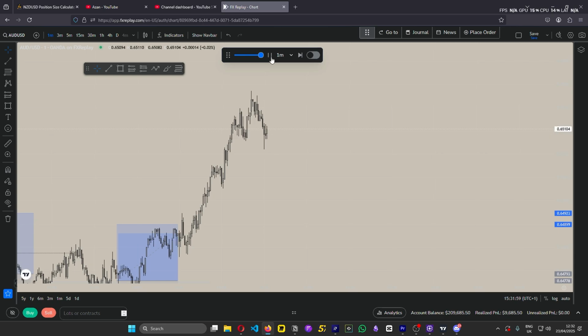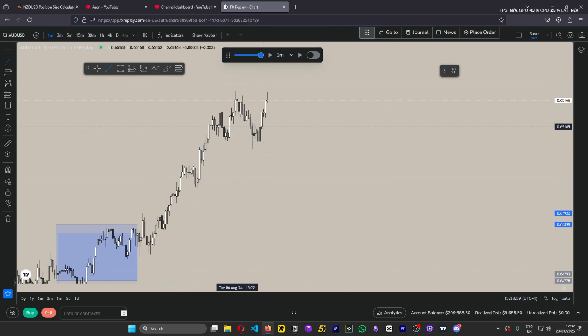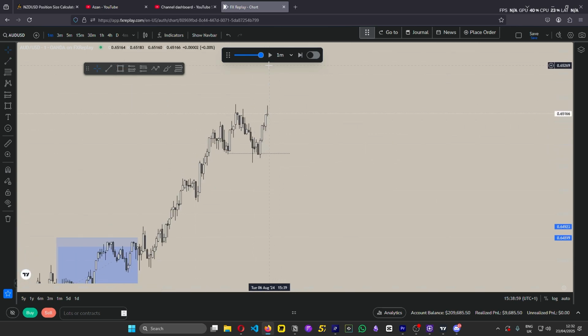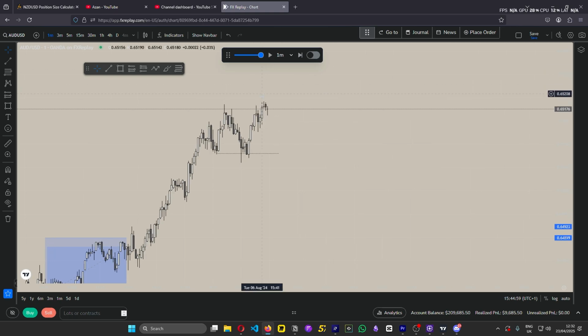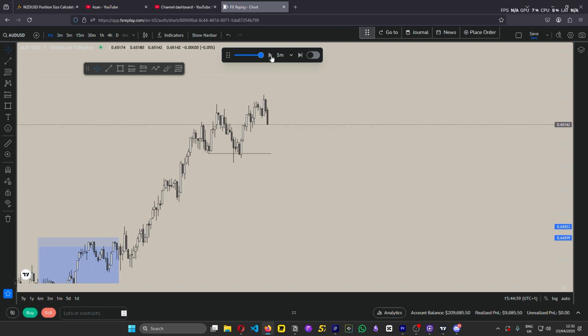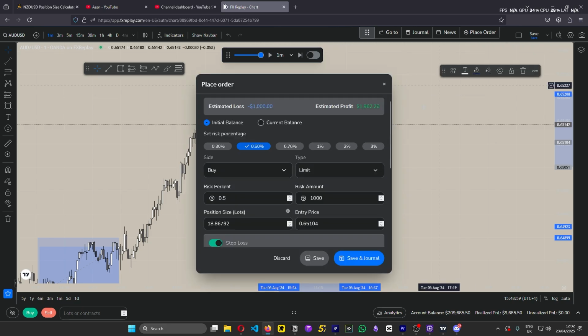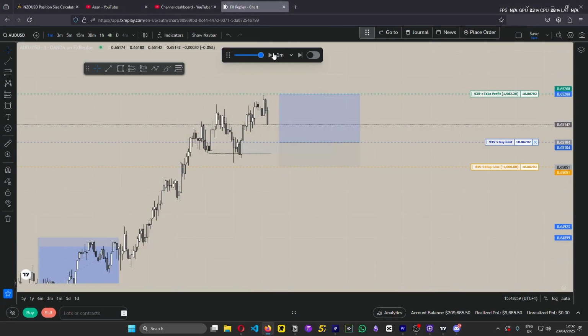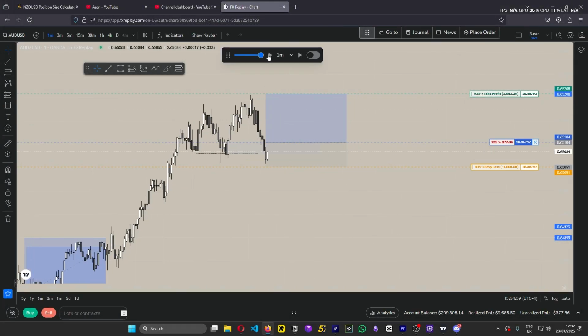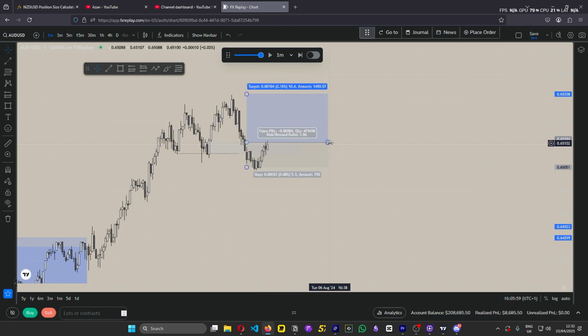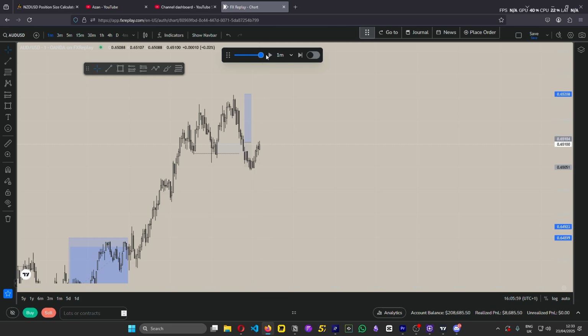Not that one. That's not a good one. Oh, wait. No. I trolled. That's a good continuation. I should have taken that. Maybe I got stopped out. Not sure. We got another continuation right here. You just have to keep on taking them until you get stopped out. Then you wait again until another full shift up happens again, and then you keep taking them. Okay, I just got stopped. It's got imbalances, a valid setup.